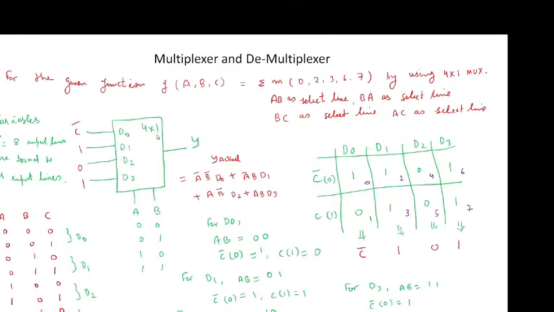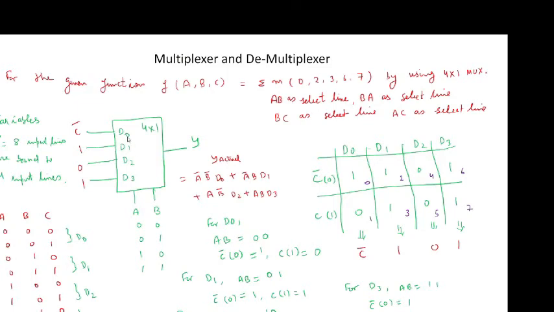Because I am using a 4 by 1 multiplexer, our input lines here will be D0, D1, D2, D3. If you see your actual output here, that will be of the form A bar B bar D0 plus A bar B D1 plus A B bar D2 plus A B D3.